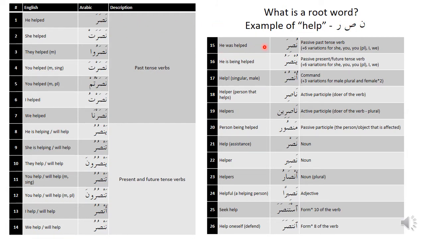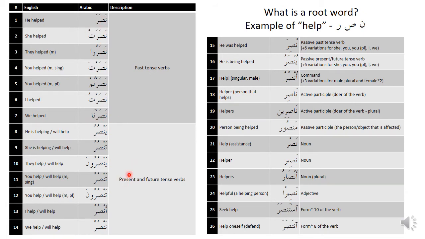And you can see with the same root three letters, you have lots of ways of showing past tense verbs. In English, it's all helped. So a past tense version of help would be helped. Helped, helped, helped. It doesn't matter if you're saying he helped or she helped, it's the same word. In Arabic, it differs slightly. So there's rules around what it means to have he helped versus she helped and so on. So these are all from the same root word.